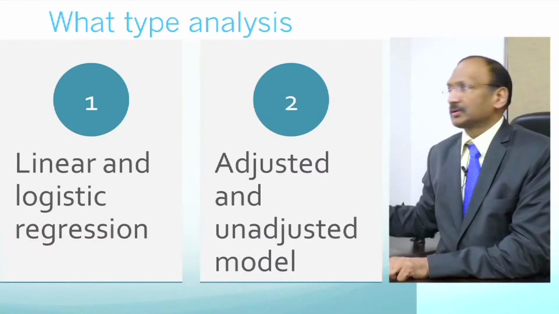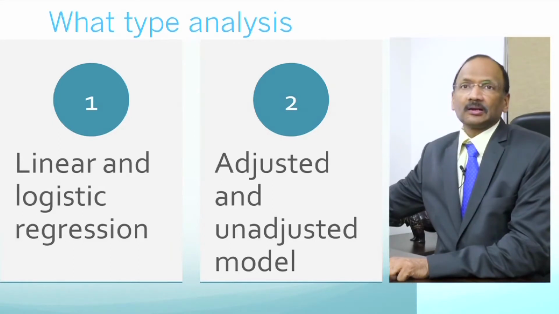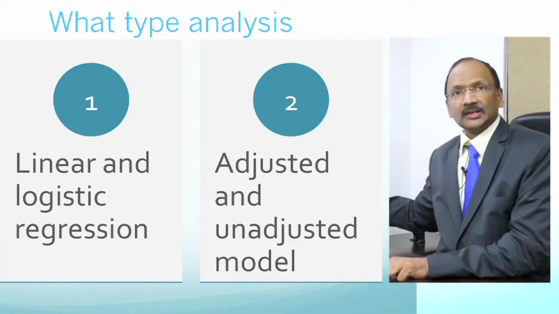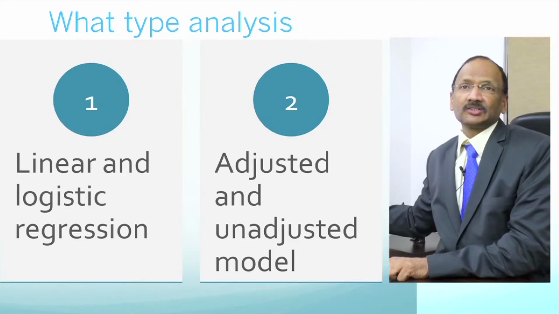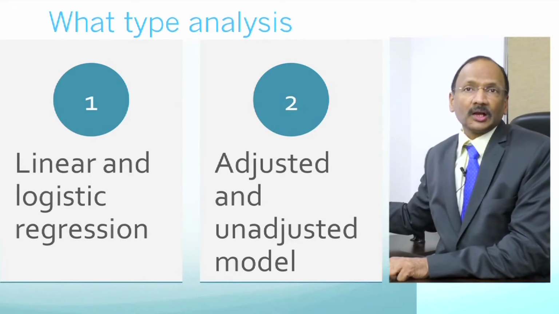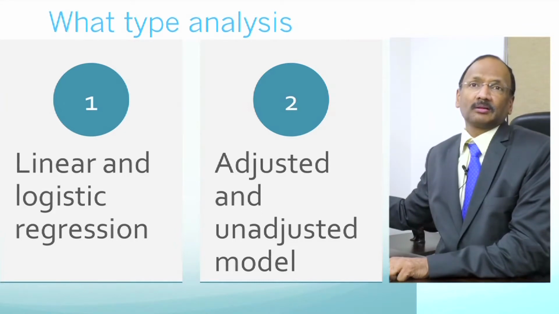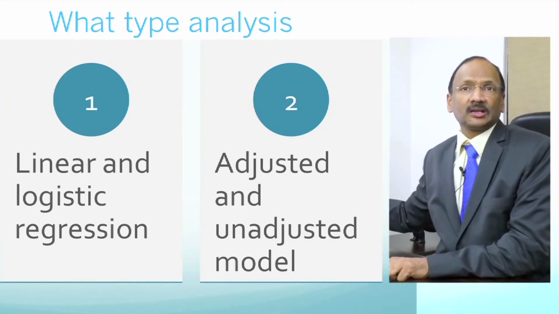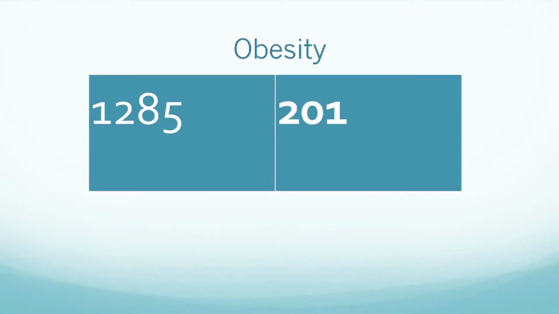We also did a linear logistic regression and used adjusted and unadjusted models to produce a robust statistical model which can stand the scrutiny of the scientific community and the peer review process. We were lucky to have this accepted for publication in the Journal of Andrology, which is being published in the month of October